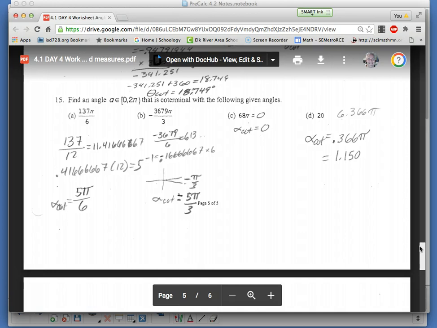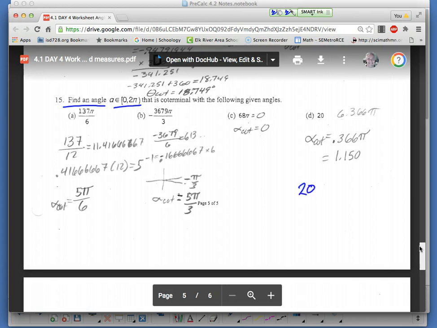15D, sure. Okay, so if we're looking at this, find an angle between 0 and 2 pi that's coterminal with the following given angles. These are all in radians. There's no degree sign, okay? And they're telling me that my answer's got to be between 0 and 2 pi. So that's how I know it's got to be an answer in radians. So if I'm doing 20,